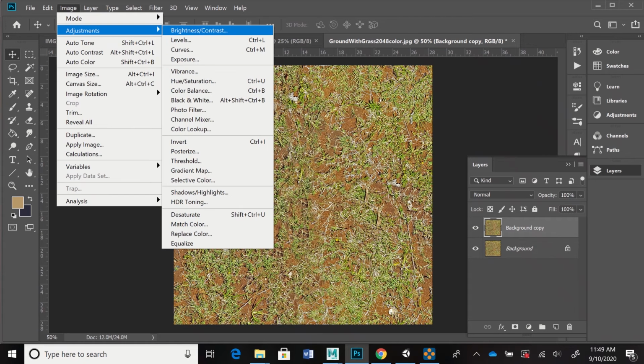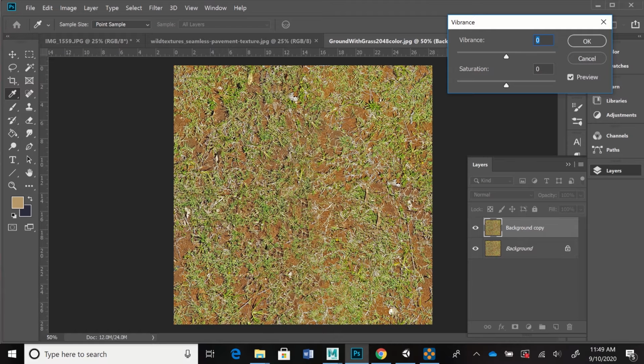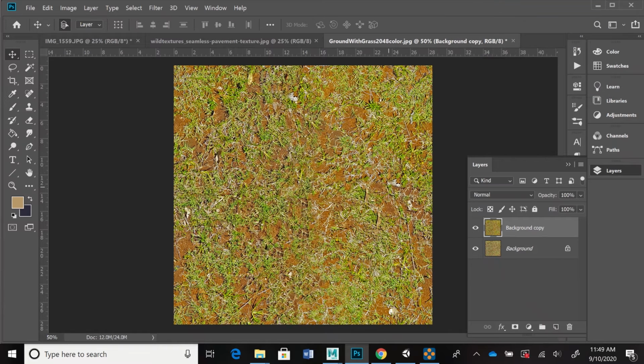The more colorful it is, I mean, if I need to, I can go into image adjustments and go into saturation or vibrance, which gives me saturation and vibrance that I can increase, and I can make that even more noticeable. I don't want to use that on my color texture. I'm just trying to make sure that there's a difference in color pixels between the brown ground and the green